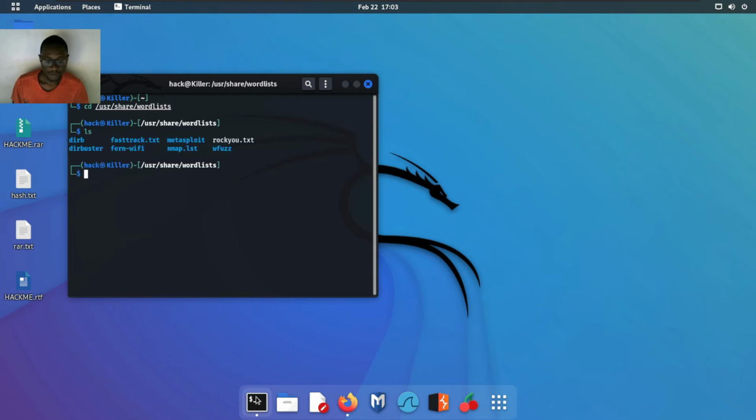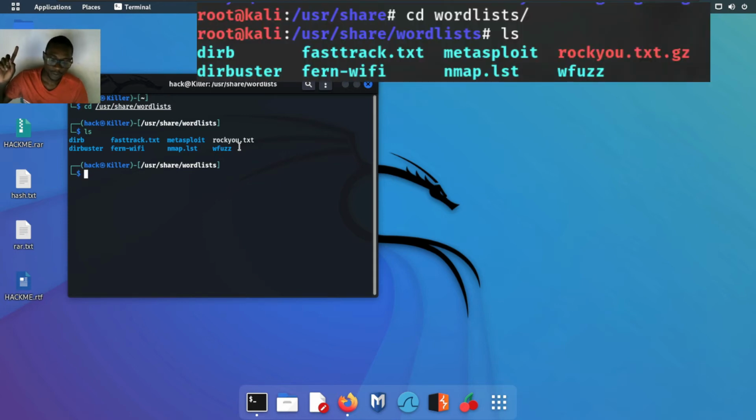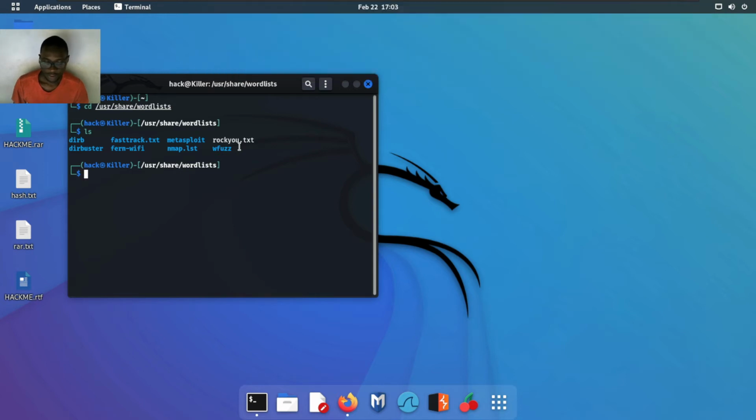Now you've seen mine is already extracted, but yours will look something like this. If it's not extracted, it will have a .gz at the end that tells you that it's not extracted. So what you need to do here is type sudo